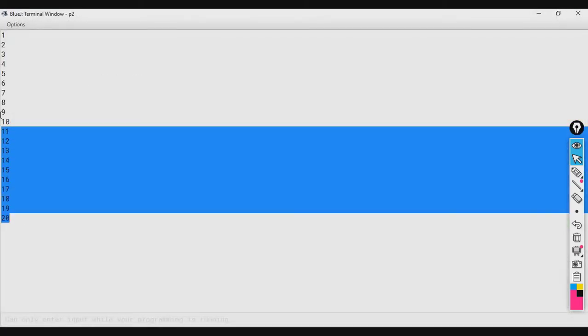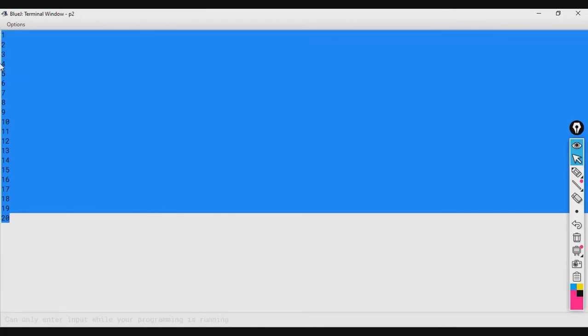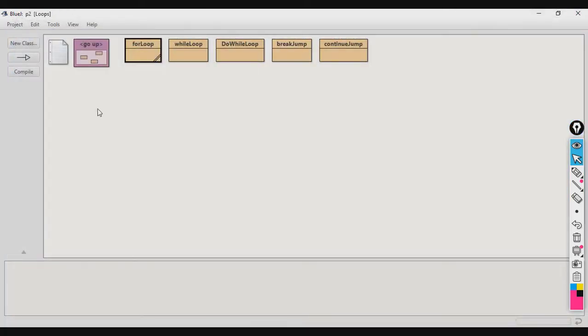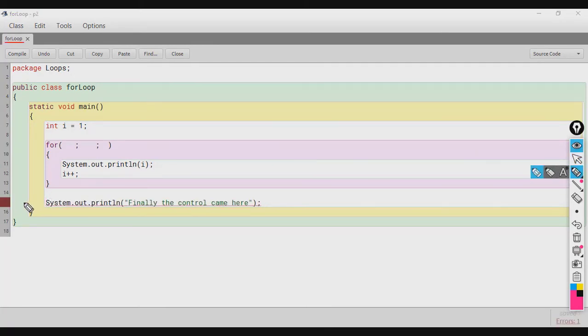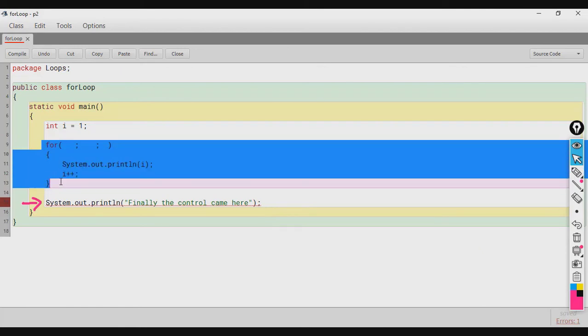So, as you can see, the loop is executing 20 times this time. Okay. And one more thing, if I make this an infinite loop, okay, and I write this statement here, line number 15, you can see that it has gone red, it is showing me an error, unreachable statement, okay. And of course, this is unreachable. Why? Because this loop here will keep on executing, the control never exits this loop.